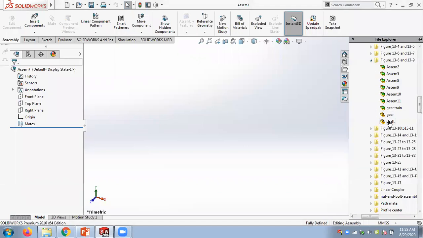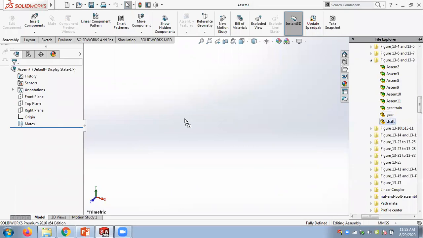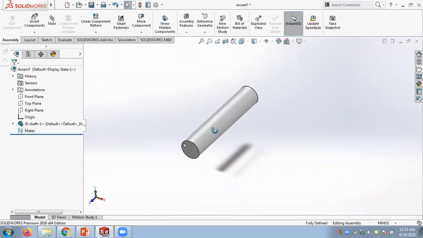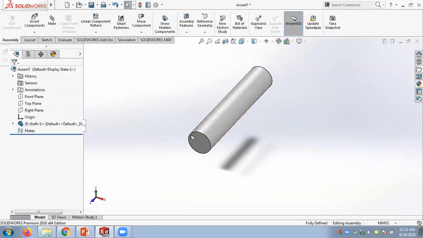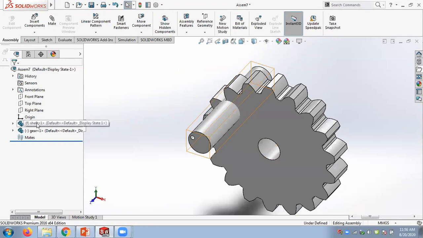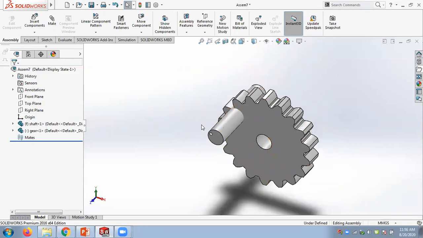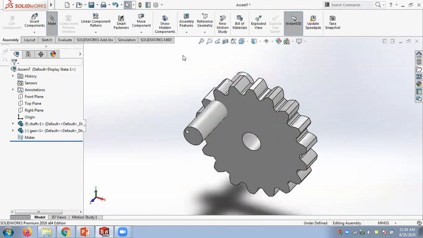We have already assembled files also. We will start with the shaft and the gear. Last time I showed you how to assemble a conveyor belt. Better we have a shaft which is fixed to the screen, and we can import a gear. So the shaft is fixed and the gear can be rotated around the shaft. Or else you can have these two together and rotate the shaft also. I will just keep the shaft fixed and rotate only the gear. So we can apply a normal mate,